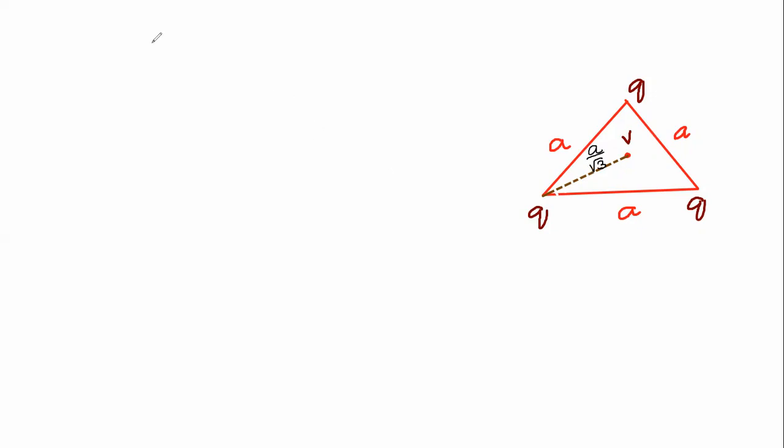Then the electric potential at the centroid is equal to V1 plus V2 plus V3. The charges are placed at three corners, V1, V2, V3. Then the electric potential at the